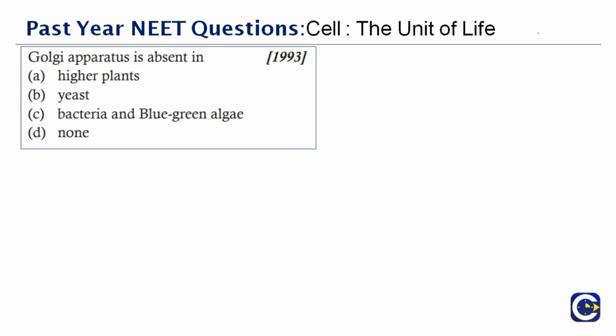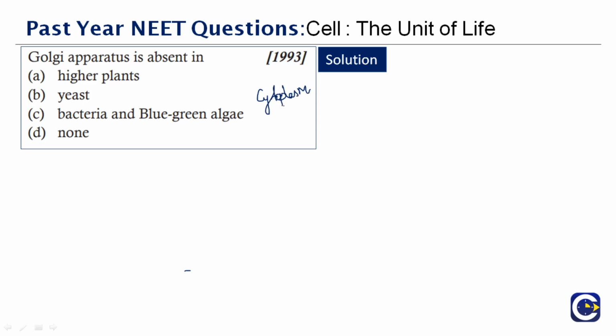This question was asked in the year 1993. Golgi apparatus is absent in dash. Any idea? What is a Golgi apparatus first? A Golgi complex is a complex of vesicles and folded membrane within the cytoplasm. So it is present within the